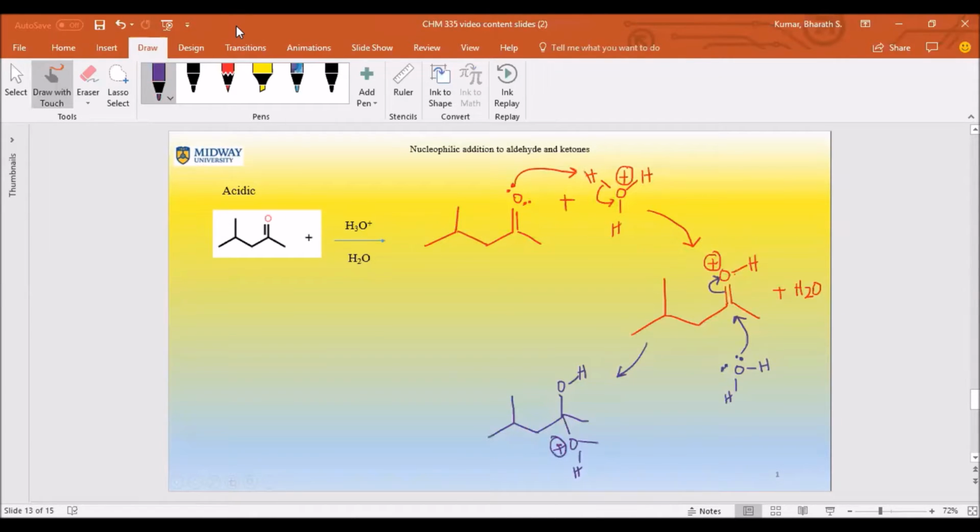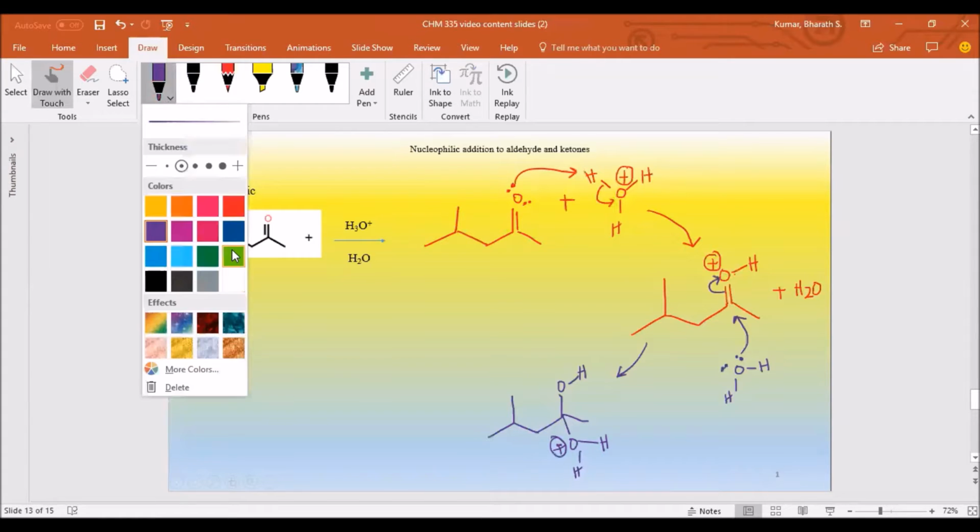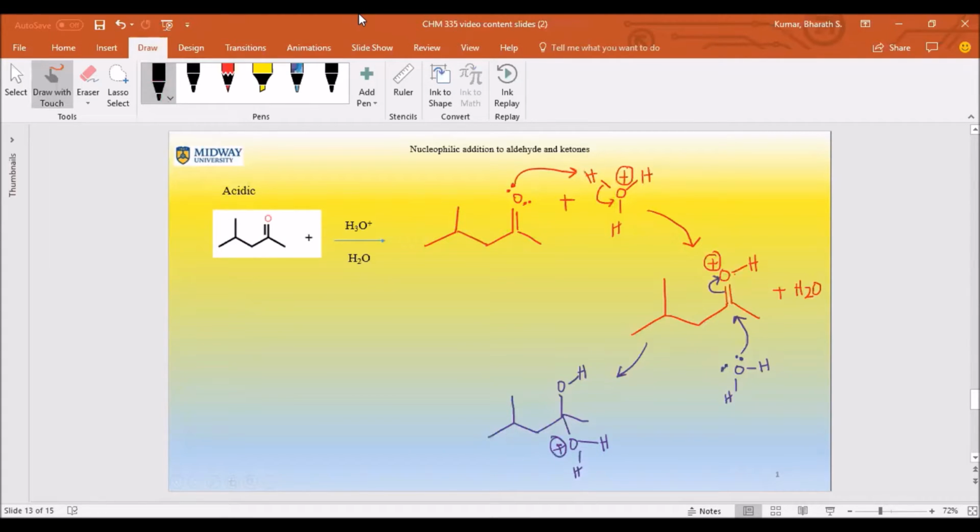Any element that loses electrons gets a positive charge. All right, here we have it. Now what happens here is, let's get another color. Maybe a black, yeah, that will work because we are on the last step. Now another molecule of water comes, okay. This comes and grabs this hydrogen, which in turn, the bond comes back here, which leaves you with